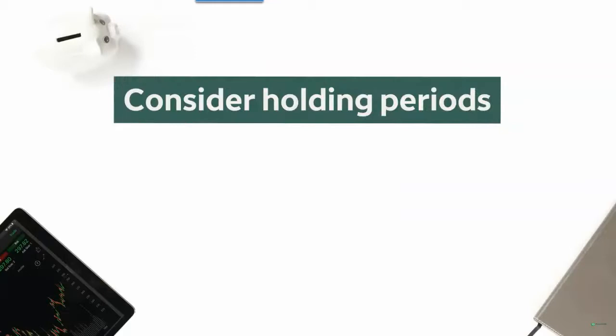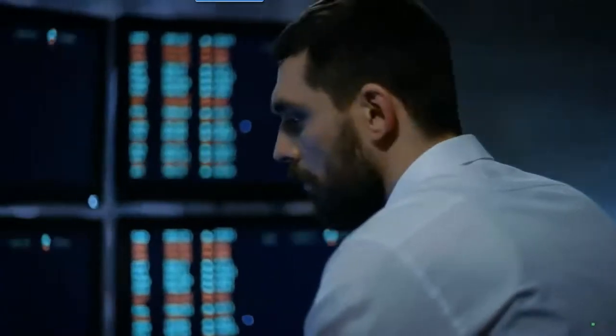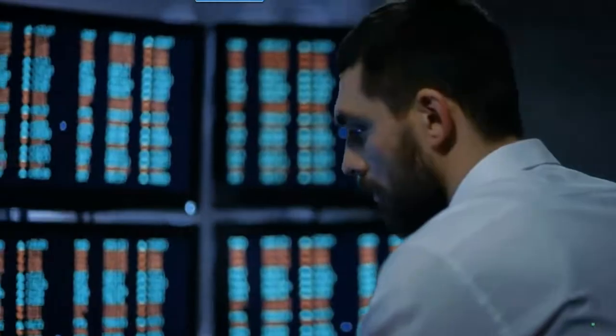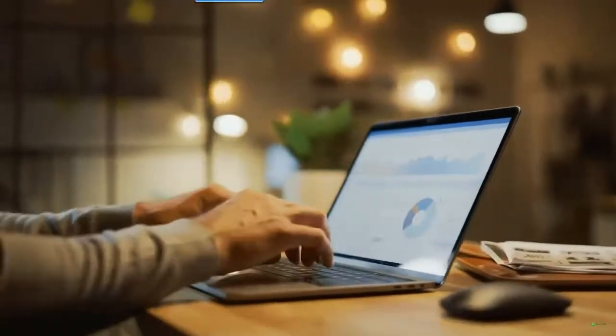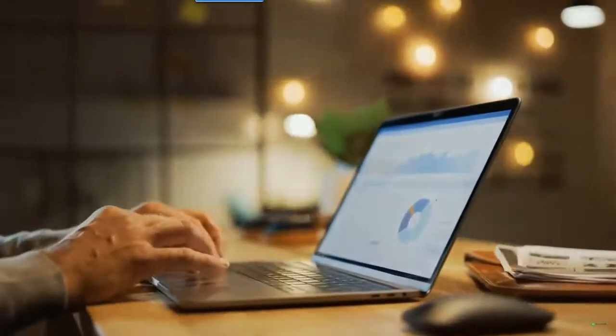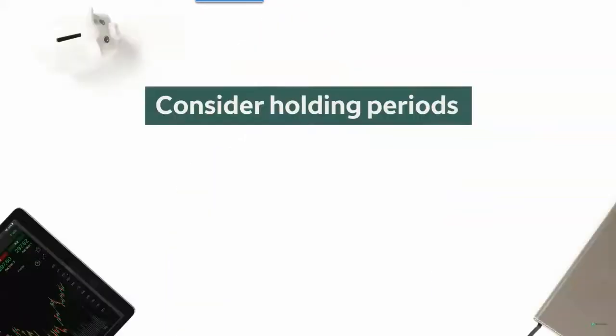First, weigh the pros and cons of short-term investments versus long-term investments. Active investors may attempt to increase returns by quickly buying and selling investments. However, because of increased taxes and fees, it's difficult for most people to outperform a well-diversified portfolio of long-term investments that are almost always taxed at a lower rate. When planning your investment strategy, consider how the investment holding period can affect your tax bill.